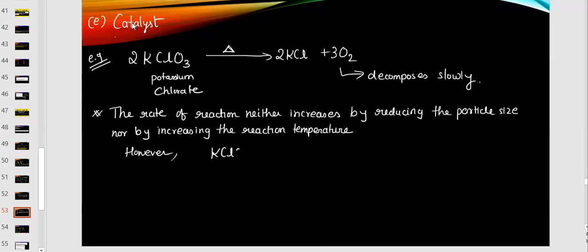However, KClO3, that is potassium chlorate, decomposes rapidly in presence of MnO2 to liberate